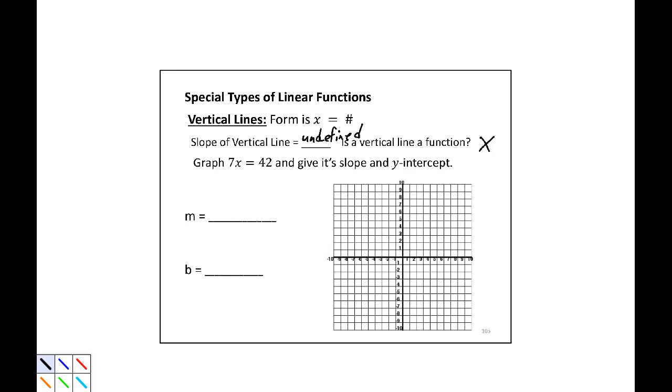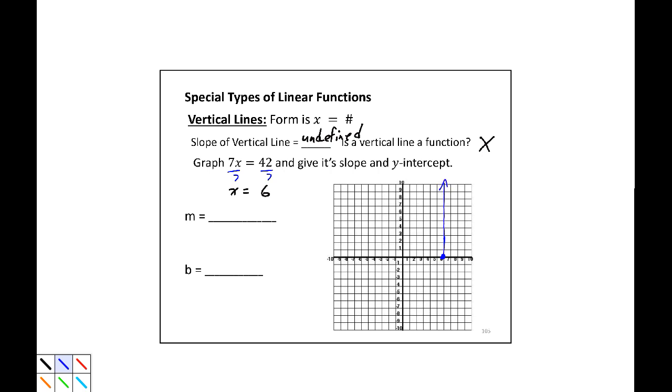Graph 7x equals 42. Well, we'd need to isolate y if we could, but we can't. So let's isolate x and divide by 7. X equals 6. All right, so this is a vertical line because it's x equals a constant. And where are the x values? 6. Well, that would be right here. That would be right here. And since it's vertical,